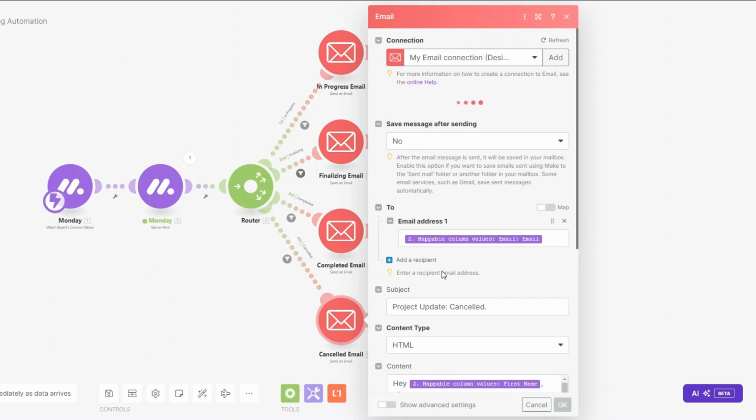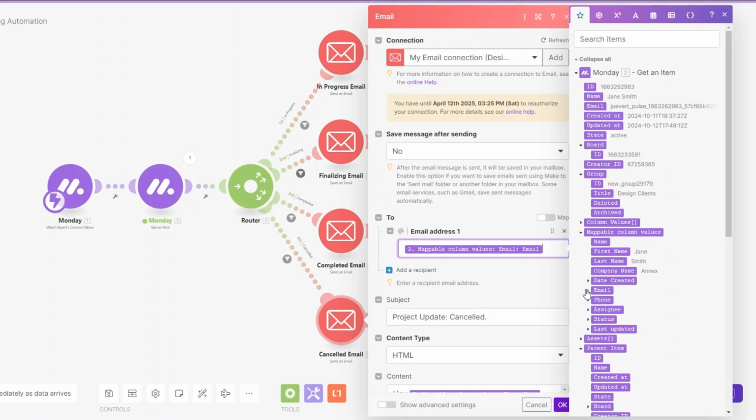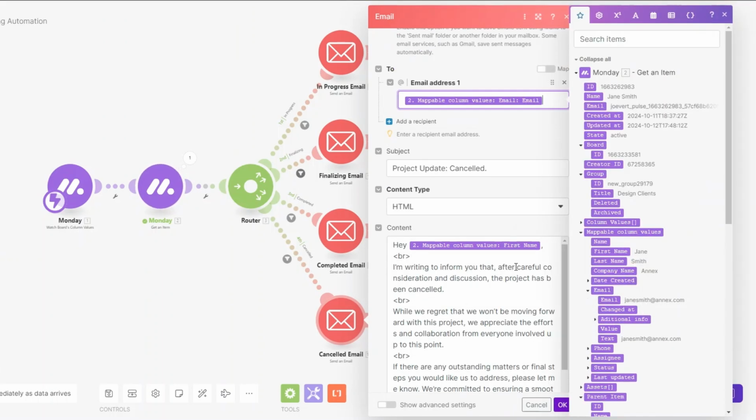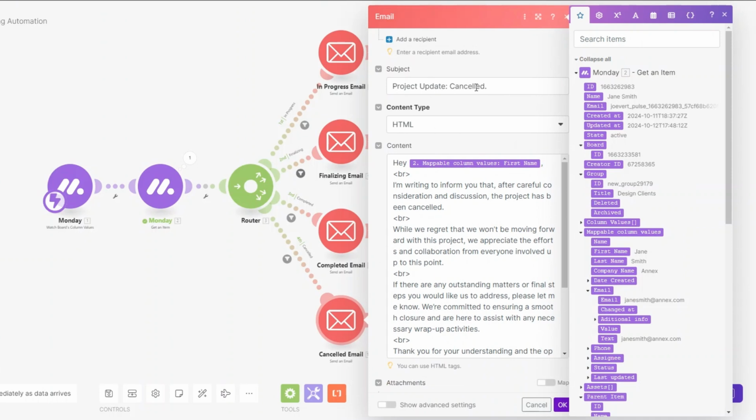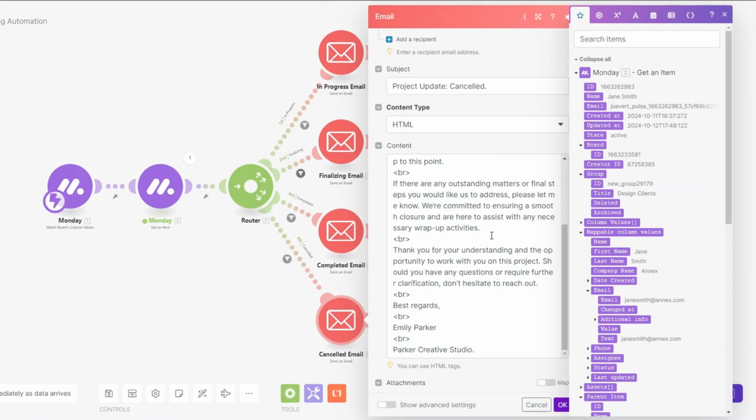Now for the cancelled email, we're adding the email address from Monday. The subject line of the email, you can say project update cancelled. And the content of the email that we're sending to our team could be on the lines of hi, first name. I'm writing to inform you that after careful consideration and discussion, the project has been cancelled. While we regret that we won't be moving forward with this project, we appreciate the effort and collaboration from everyone involved. Up to this point, if there's any outstanding matters or final steps you would like us to address, please